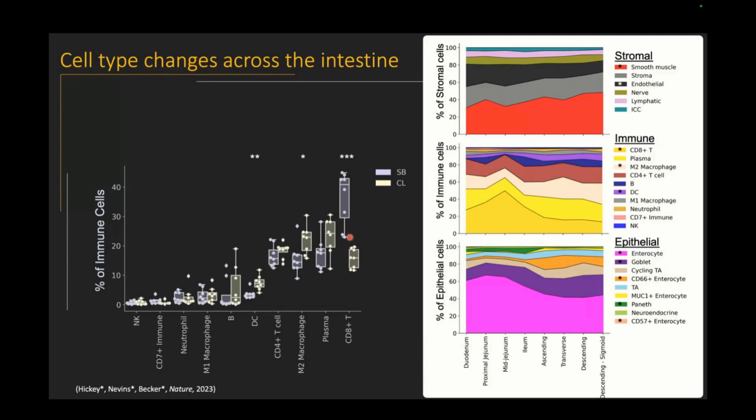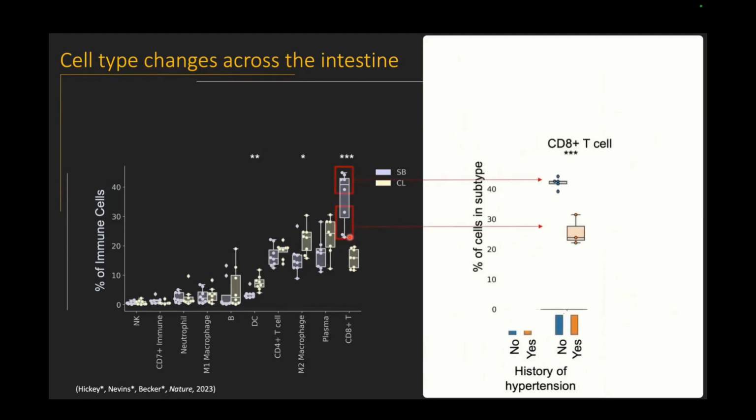And so we looked at what could explain this within the metadata. And one of the things that we saw was that people who had a history of hypertension had much fewer CD8 cells within the small intestine than people who did not have a history. And this was interesting, but also surprising. And so I also looked at endothelial cells, and there was a decrease also in endothelial cells, which you might